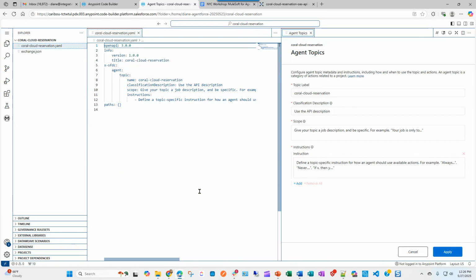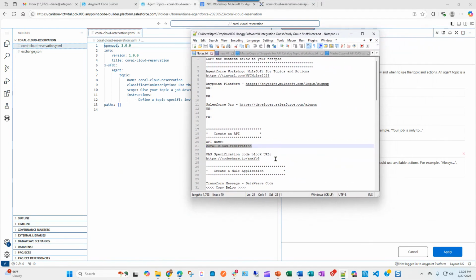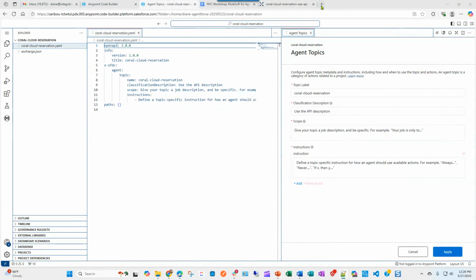here as well. And this is where it's just automatically scaffolding it like it is a template for us to use. But in our snippet file, you're going to find that there is another code share right below this. The next code share is going to have our OAS specification for us. Okay, so it's going to automatically have our OAS specification. So if you go ahead and either click on the OAS specification code block URL, go ahead and it's going